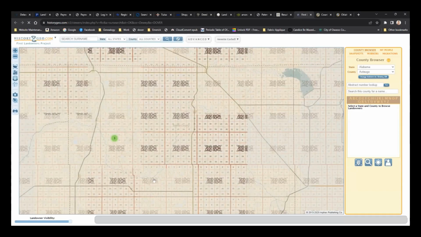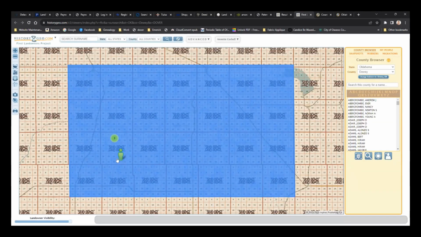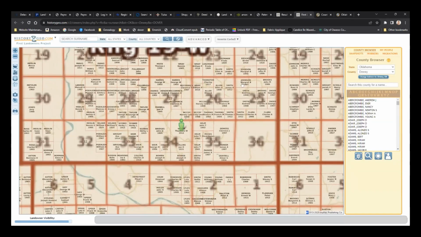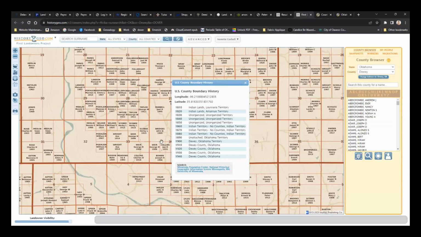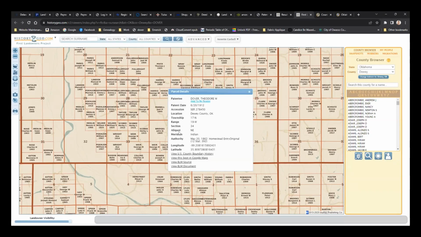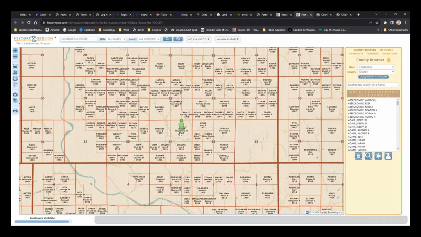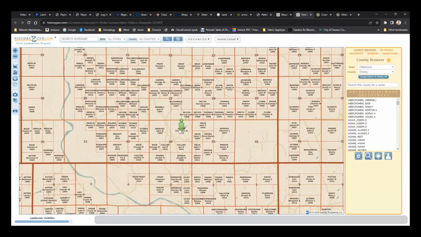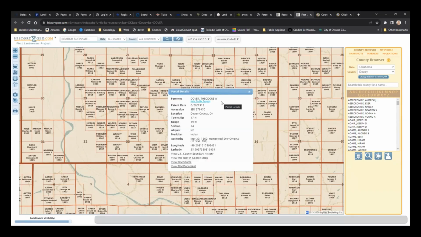What I love about this too is that not only can I find him, but then I can click over and see the Google Maps. This little thing that popped up when I clicked on him told me what all those lands had been. Anyway, let's go back to him.